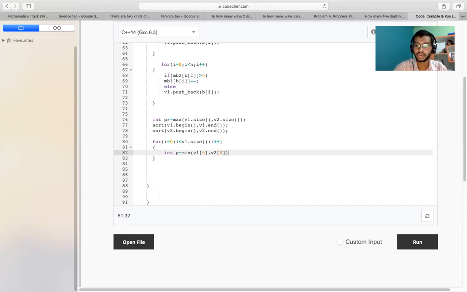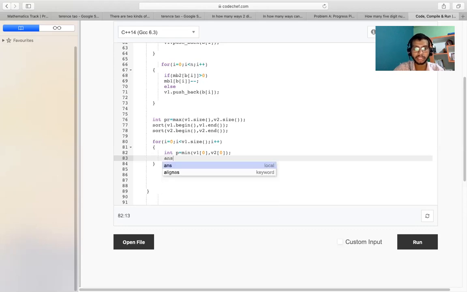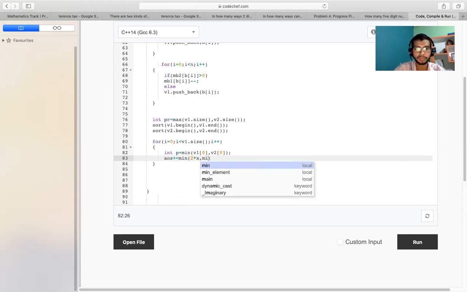Okay, and here again I'll have to find the minimum of p with minimum of this one. So answer plus equals to minimum of p, minimum of 2 into x comma minimum x comma p.